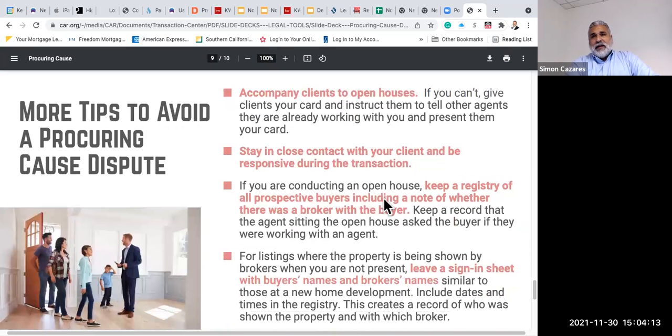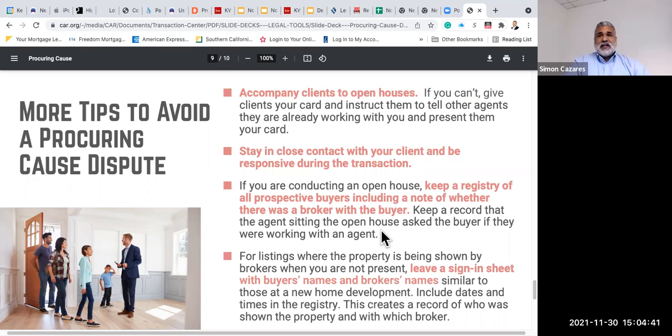Accommodate the clients at open houses. I have to say, the best insurance is obviously to go with your clients to every showing, okay? Especially high-end stuff, multi-million-dollar properties. These agents are very savvy, very experienced. Even though it may take half of your day, all day to show 4 or 5 properties, you want to be there, okay? Because now you have presence, and you have control.